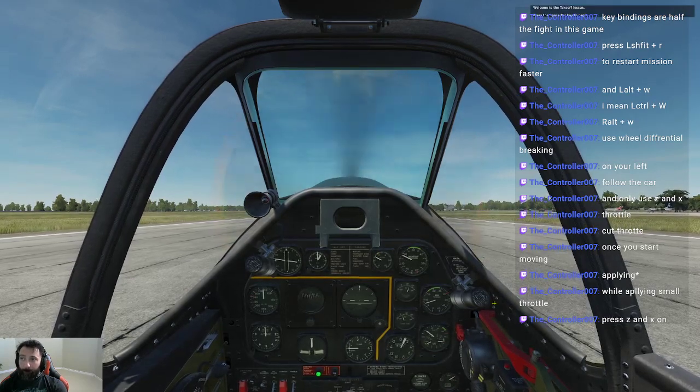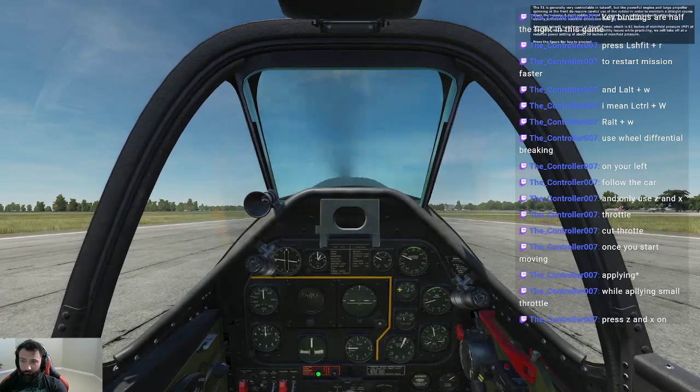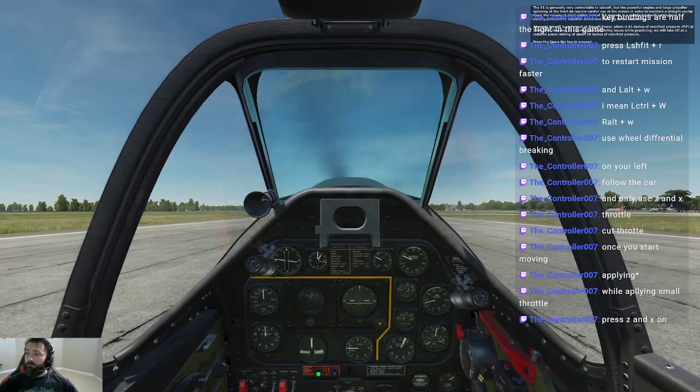Welcome to the takeoff lesson. Press the space bar key to begin. The 51 is generally very controllable in takeoff. That's good. The powerful engine and large propeller spinning at the front do require careful use of the rudder